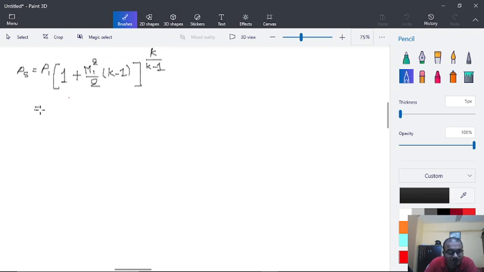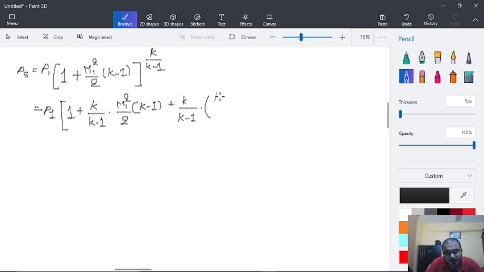PS is equal to P1 into 1 plus K upon K minus 1 into M1 square upon 2 into K minus 1, plus K upon K minus 1 into K upon K minus 1 minus 1 into